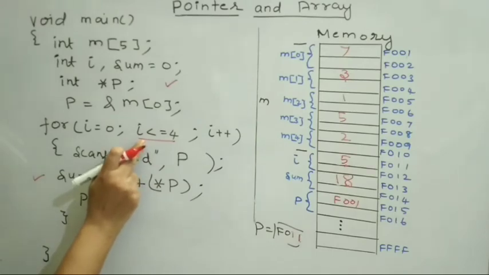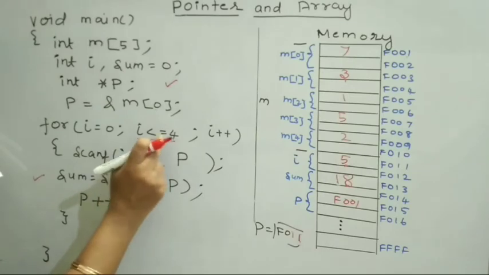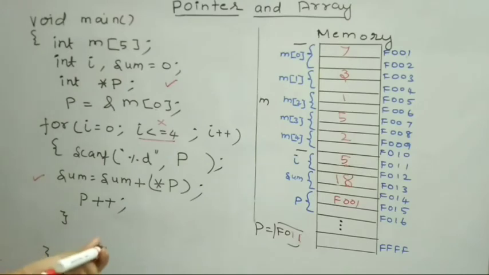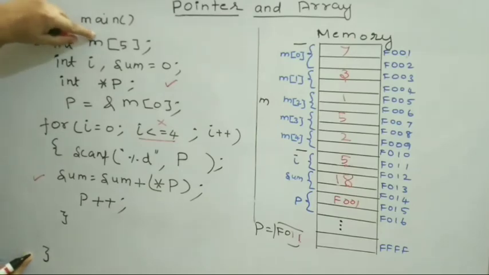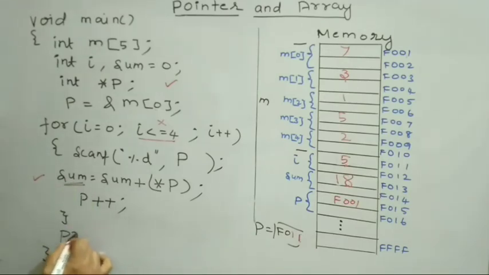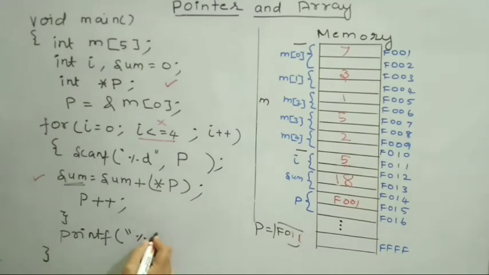If I check for this condition, now value of I is not less than 4 and it is not equal to 4. The condition is not satisfied. I will come out of this loop. Okay, after coming out of this loop, what is the problem I am solving here? I need to get the summation of individual elements of this array m. It is stored in sum. Sum is my output variable. I need to print the value of sum. Okay. So using this printf statement, I am going to print the value of sum. Sum is an integer variable. So I am using this control string %d to print the value of sum.